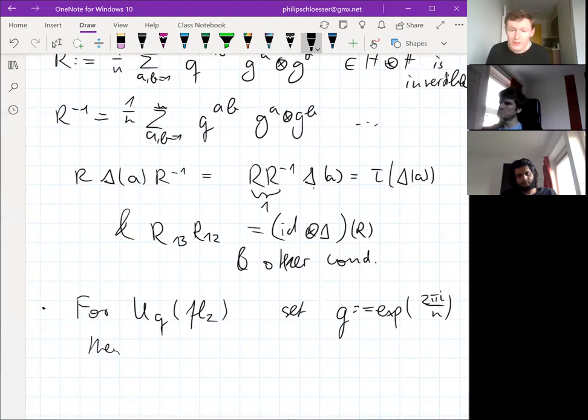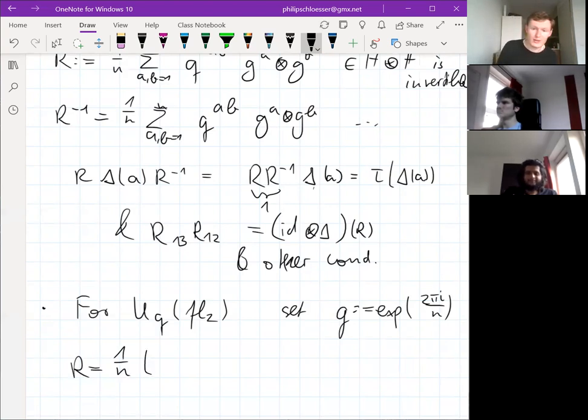Then, anyway, we can define some weird R element by having